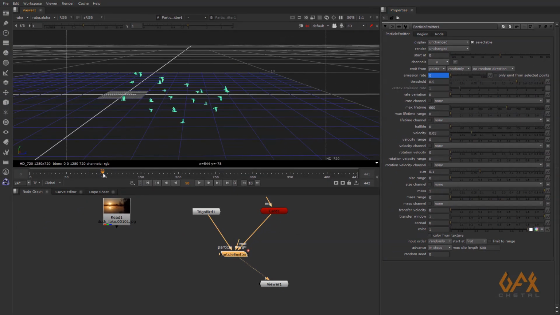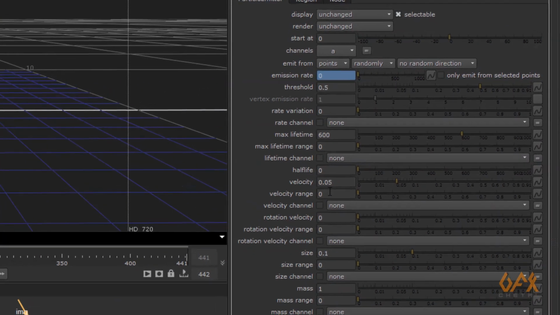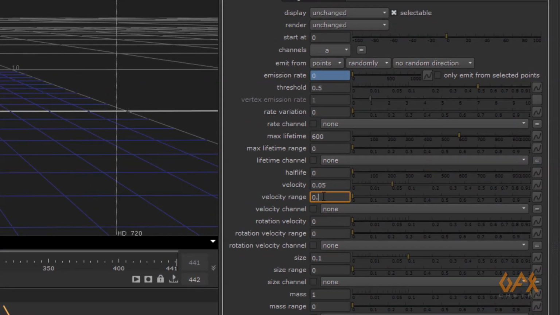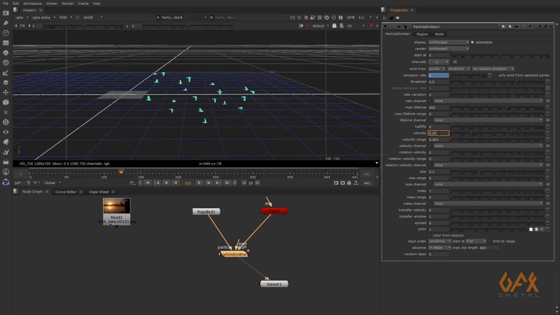So after this point the flock stops producing any particles. Now one more thing, in velocity I prefer to give some variance, 0.003, so it gives a small variation in the velocity of these birds.